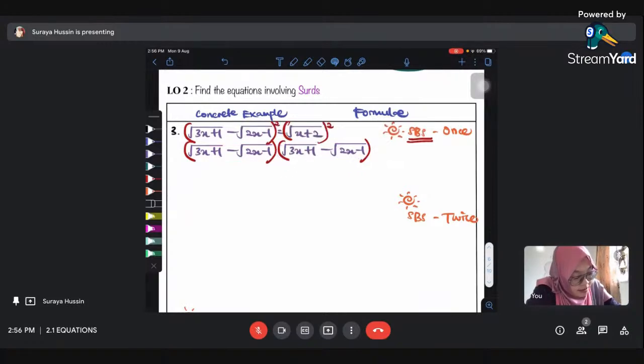Saya suka duplicate sebab tak perlulah saya tulis banyak kali kan. So oh no. Alhamdulillah. Sekejap ya. Let me use this for a bit. Okay, now I'm ready. I'm very, very ready to times it 1 by 1. Okay, here is where I will get 3x plus 1. Sebab apa? Sebab square root A times square root A is equals to A. Okay, you should be good at this. And then minus 2